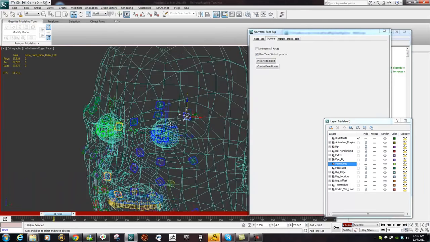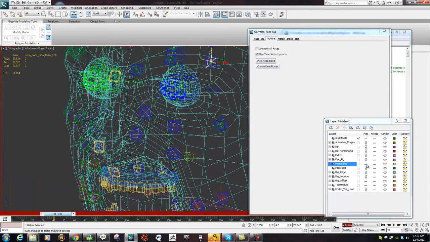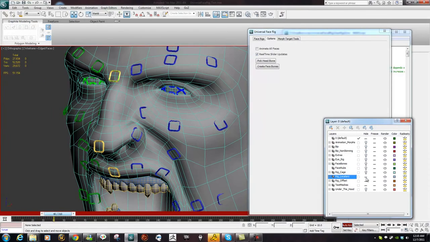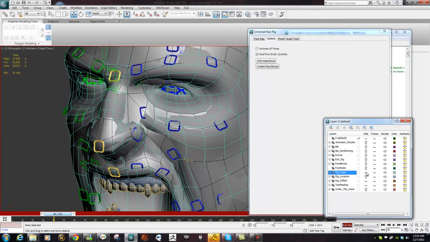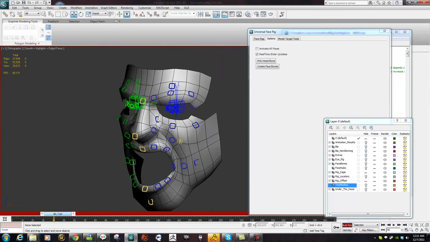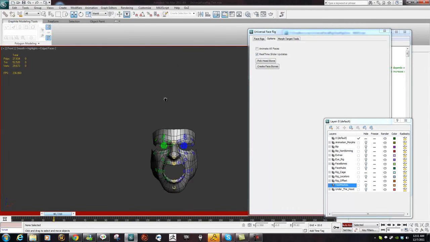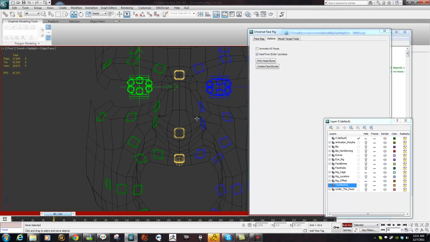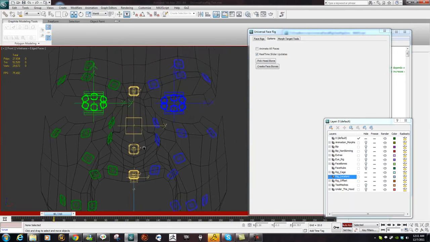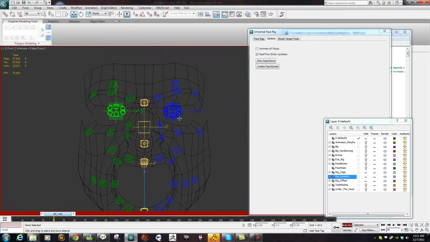So go ahead and hide those. You can also see I'll go ahead and show you my cage and my locators. Let's hide our meshes. So I have a bunch of locators